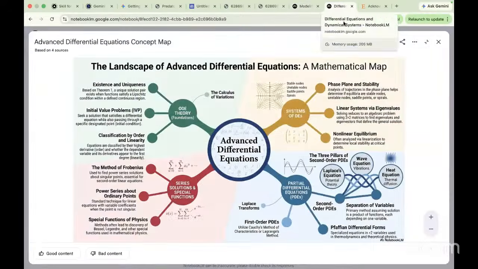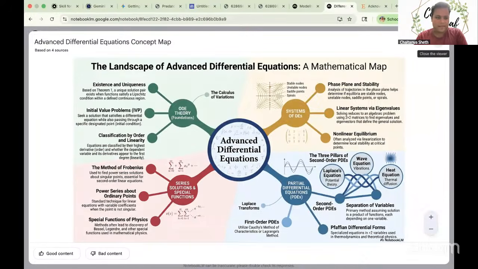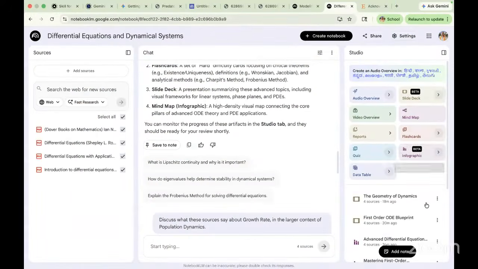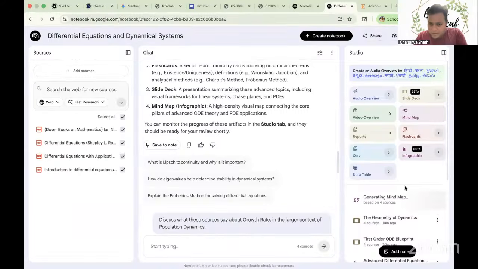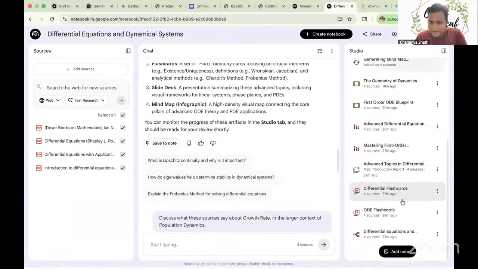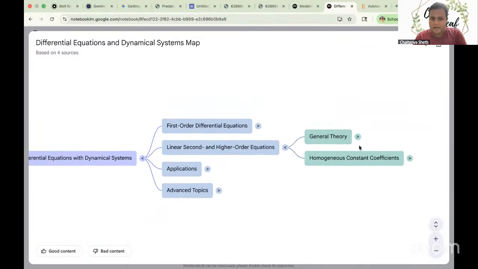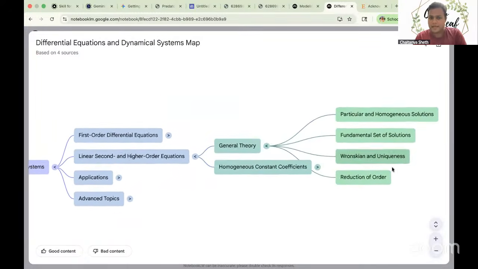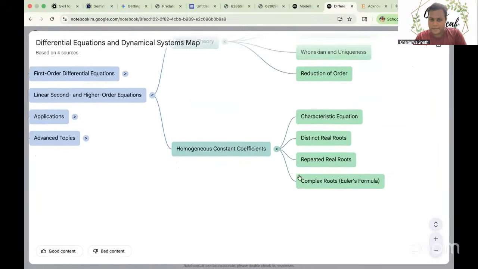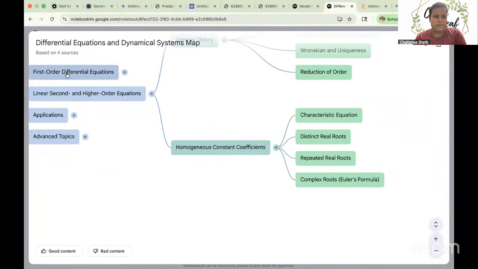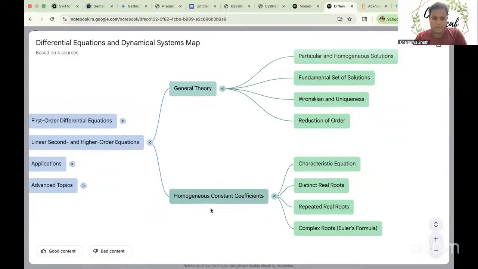Meanwhile, for differential equations, what I tried here has worked very nicely. And in fact, oh sorry, I generated one mind map as well. And in the mind map, it again very nicely divided things into topics. If we have second and higher order linear differential equations, in that it created two cases.